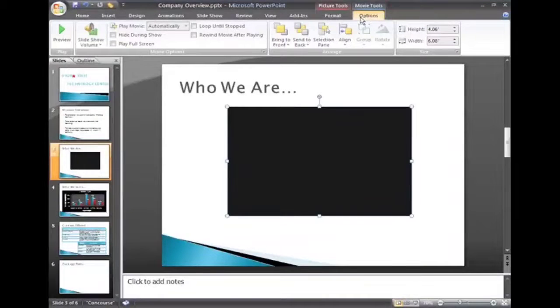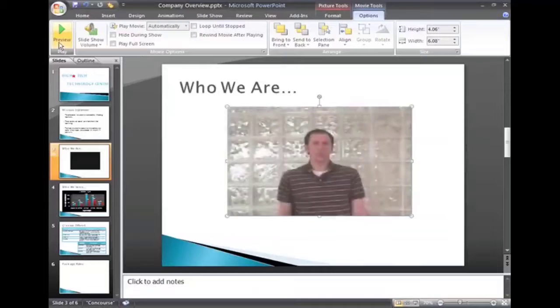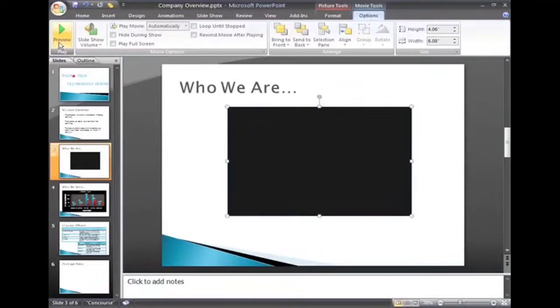From the Options button you can set the volume, or you can see the preview of the video. When you click the preview, the video will start running. The second one is Slideshow Volume.